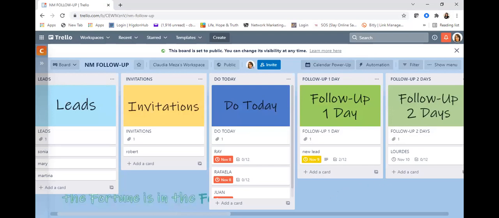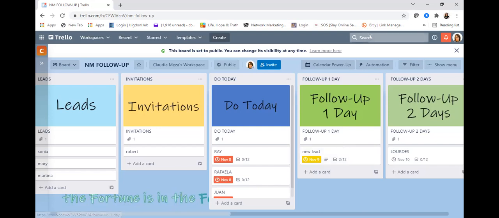So it becomes a lot easier to manage, because one of the problems that I had was when I was doing it all on paper, right? It's like, where did I write it down? And then you have to transpose it and it has to move over. And so you kind of lose the trail, the history of what you've been talking to that person about if you have different lists on paper. So here, even though you do have them in a different list, it stays all in one card and it's easier to find. You don't have to go and shuffle through all these different books or these different papers that you have,